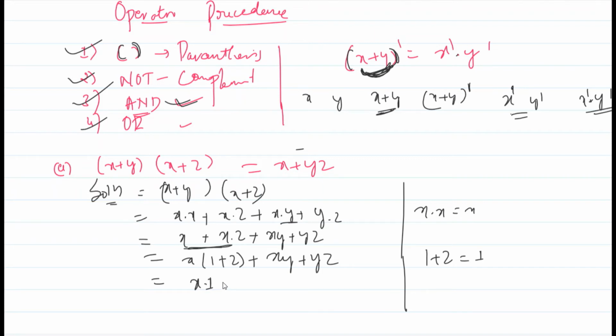or you can ignore that also, or you can simply write x itself, because anything multiplied by 1 is itself. If you want, you can write x dot 1, or just leave that, that is also fine. Here x plus, I write xy plus yz right here. Okay, you can again take x as common, 1 plus y. If you observe, 1 plus y is again 1, so I write x plus yz as it is. So that is our result: x plus y into x plus z equals x plus yz.